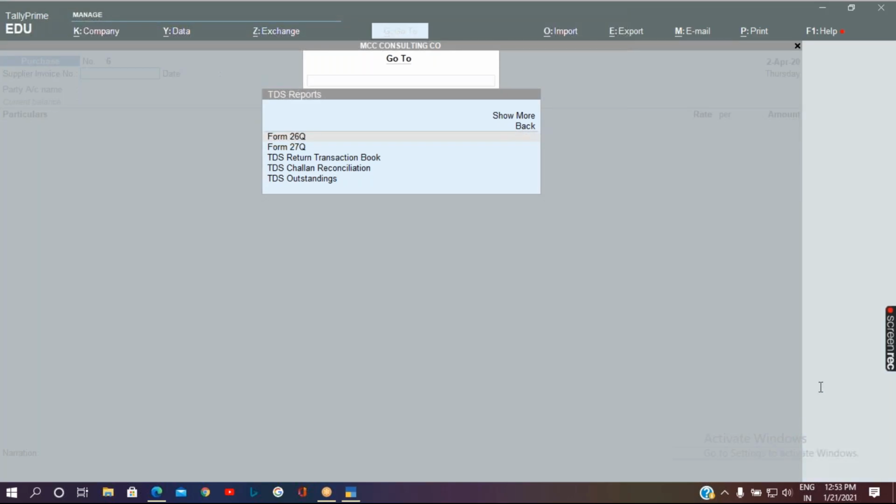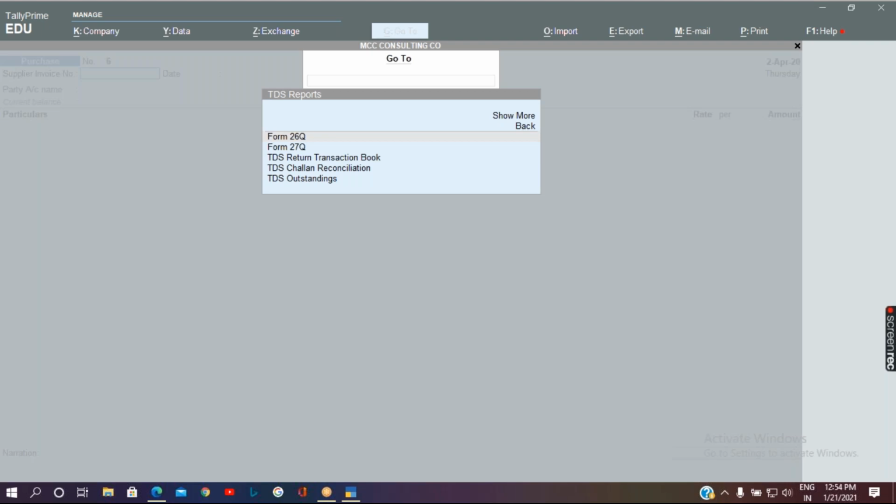Form 26Q gives the information related to resident deductee type transactions, whereas Form 27Q will talk about non-resident deductee type transactions.